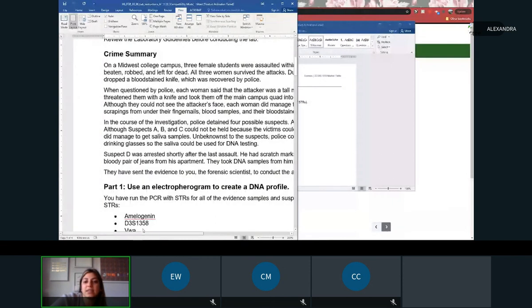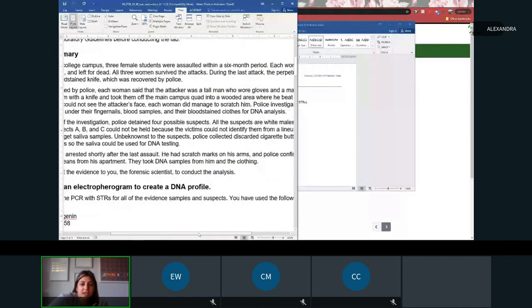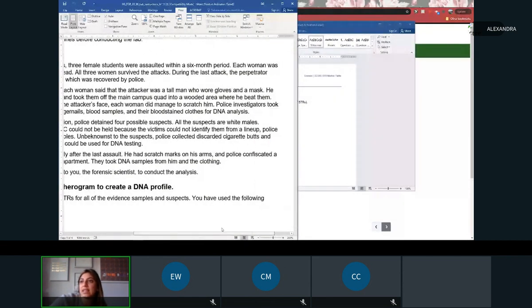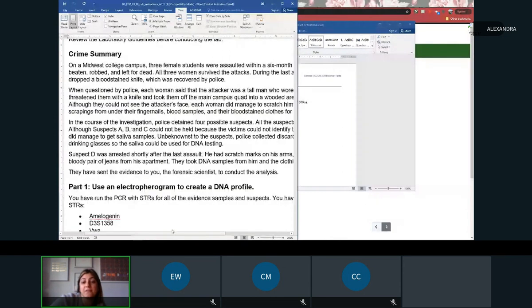But even though they didn't see his face, they were able to scratch him. And remember Locard's exchange, right? So they were able to get some of the blood samples and scrapings from underneath their fingernails and their bloodstained